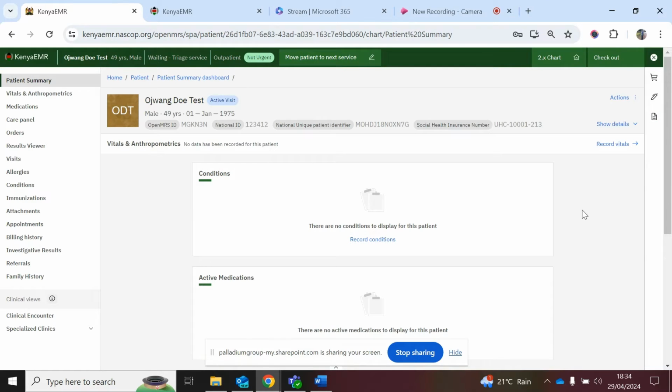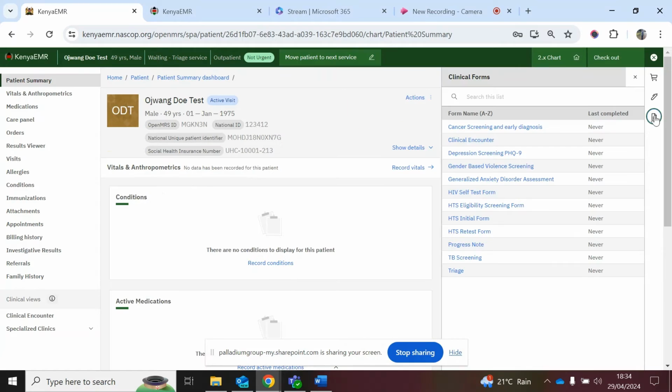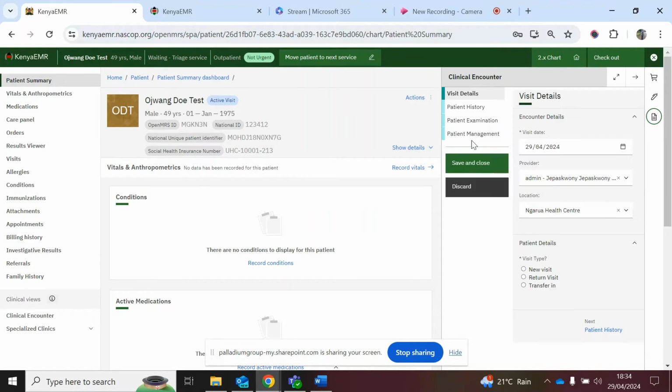and for those who are negative, how we can link them for preventive services. Getting to the other part, whereby clients come for any clinical management. So when you navigate to the form by the name clinical encounter, the healthcare provider can record the patient history and even